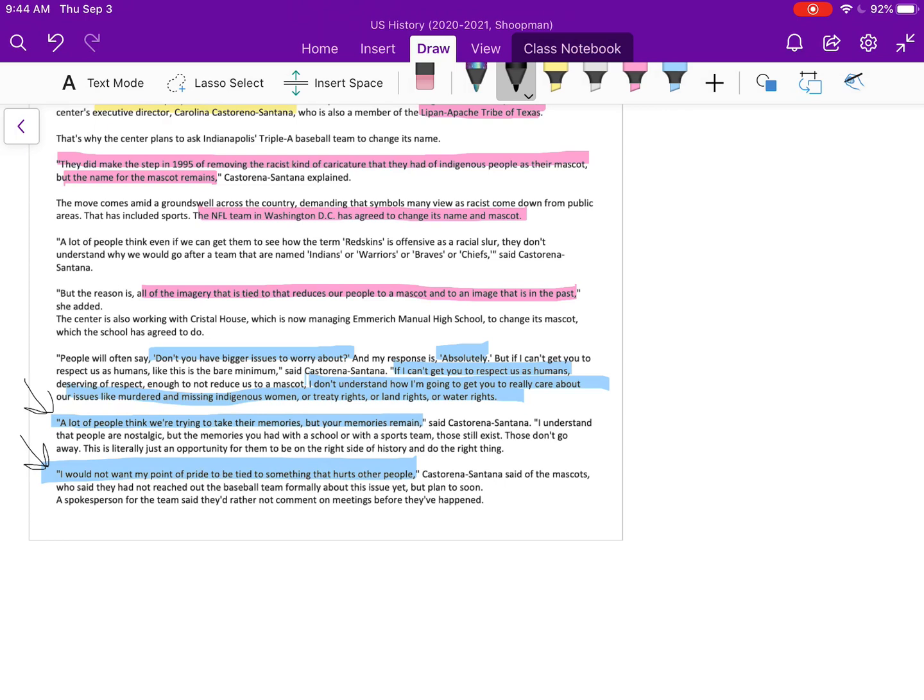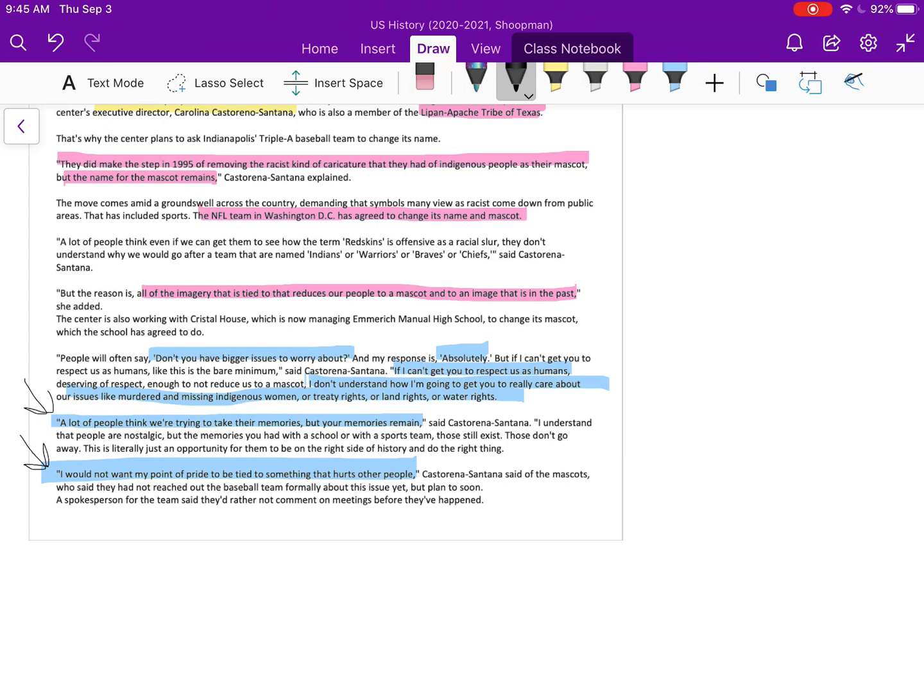I also noted that she doesn't just use emotion. She also tries to explain things in depth. So she walks people through kind of the story, so some of that stuff that I've already highlighted in pink. And she uses statistics, or not statistics, but facts like, hey, this big NFL team changed their name, you should do the same. And then the last thing that I identified that she did that was persuasive was she used